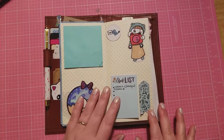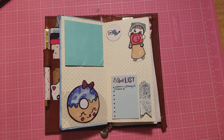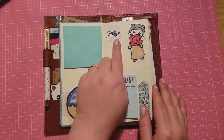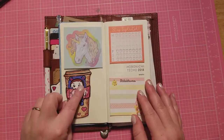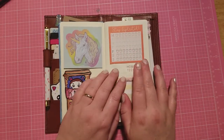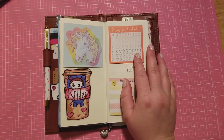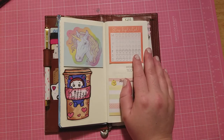I've set up some post-its and some of my drawings. This was like a Happy Meal. This is actually a sticker, but I can't bring myself to use it as a sticker. Something I drew, and some really bomb post-its. These were at the Target dollar spot, and they came in a huge set. I would highly suggest getting these. Let me see if I have it on hand. Yes, I do. Awesome. It came in a set